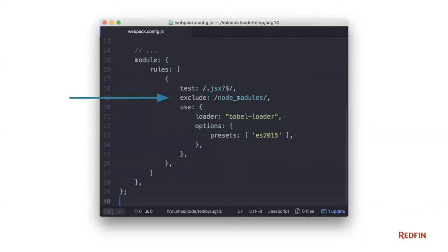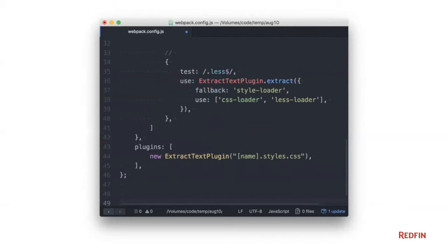And because you were reading the Babel loader documentation and all of its examples exclude node modules, you do that too. There's no reason to transpile code that you're being given from some external npm package. They probably did this already if it was necessary at all. You also want to set up